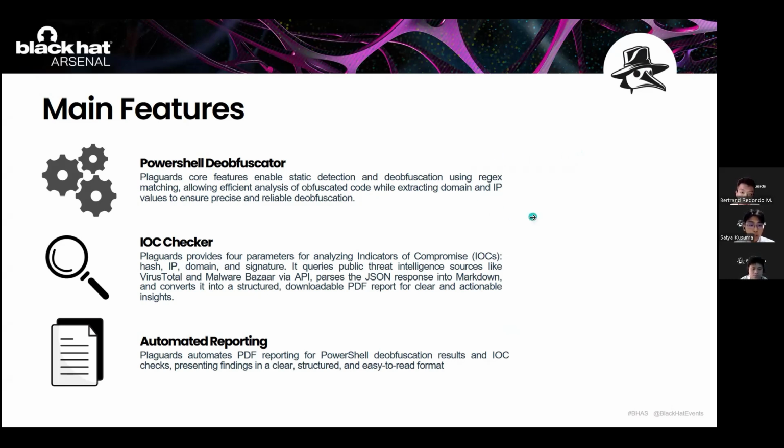As for the IOC checker, PlayGuards provides parameters for analyzing IOCs, which are hash, IP address, domain, and signature. It queries public threat intelligence sources like VirusTotal and MalwareBazaar via API, parses the JSON response into Markdown, and converts it to a structured, downloadable PDF report for clear and